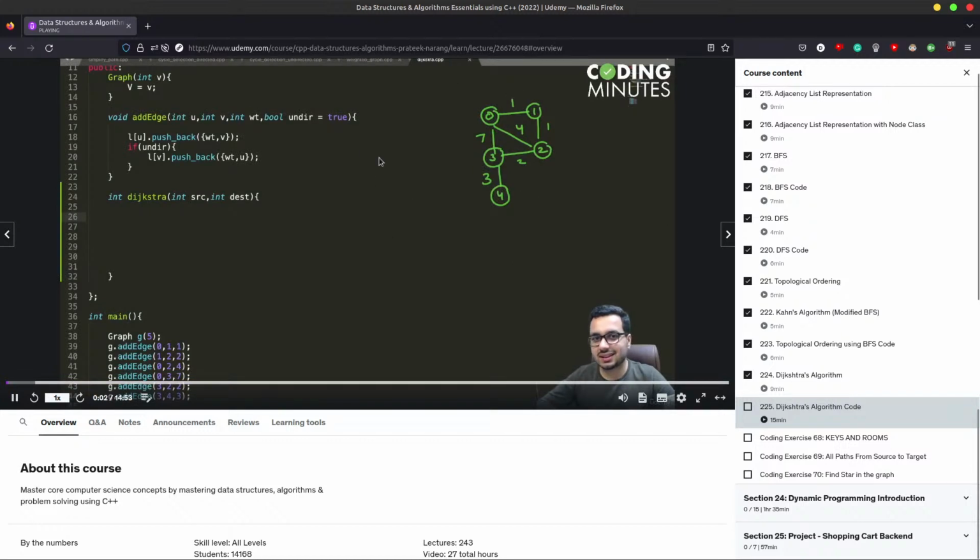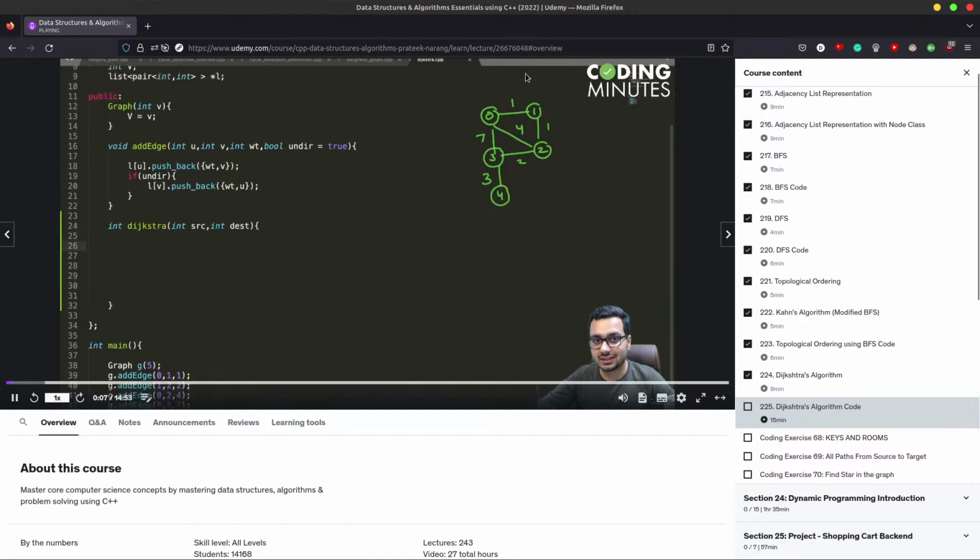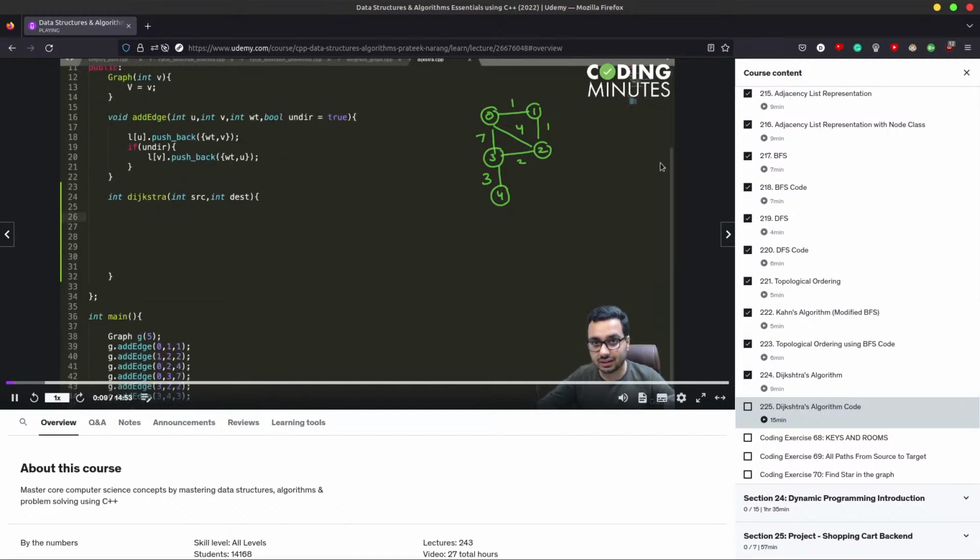Hi everyone. So in this lecture we will discuss how we can implement the Dijkstra's algorithm that we have just discussed. So we have this graph